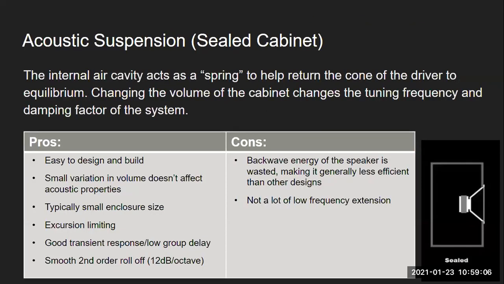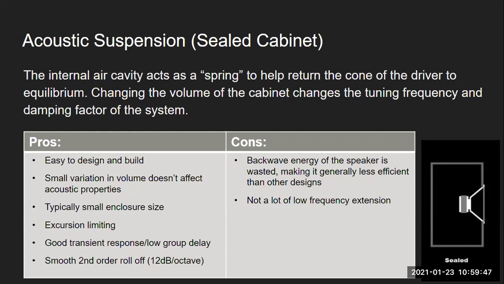So the sealed cabinet is one of the oldest properly designed enclosures. It's the beginning of intentional cabinet design. I think it was Edgar Villchur and Henry Kloss who developed it back in the 50s, 60s. Acoustic Research was one of the first companies to come out with these. And what was cool about this at the time is that the mechanical suspension components in speaker drivers, because of manufacturing limitations, couldn't be that stiff. There were difficulties with them being stiff and still linear.